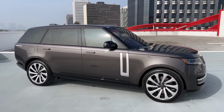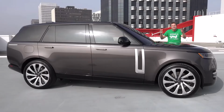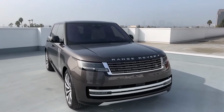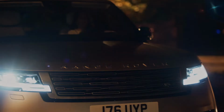Now, pricing will start around $105,000, and 2 engines will be available from launch, a 400 horsepower 6-cylinder or a 525 horsepower twin-turbo V8 with a plug-in hybrid on the way soon. And today, I'm gonna show you around the new Range Rover. I won't be able to drive this one because it's a pre-production model and it's not drivable yet, but I can take you on a thorough tour and show you all the quirks and